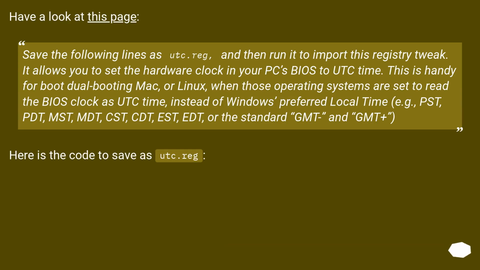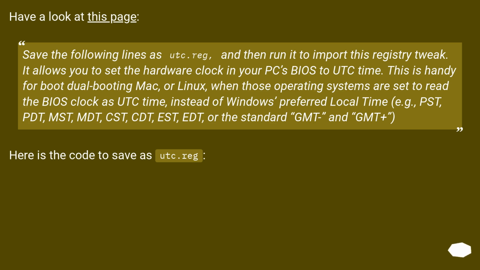Have a look at this page. Save the following lines as utc.reg, and then run it to import this registry tweak. It allows you to set the hardware clock in your PC's BIOS to UTC time. This is handy for dual booting Mac or Linux, when those operating systems are set to read the BIOS clock